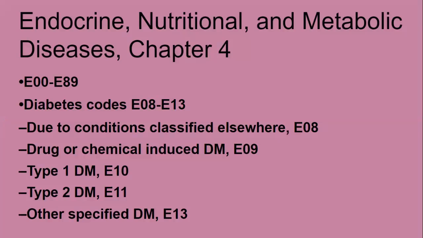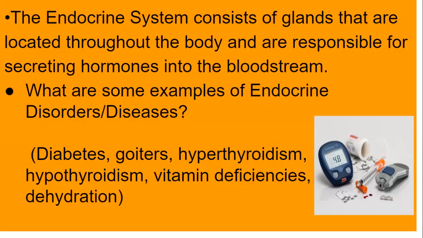Okay, now we're moving into endocrine, nutritional, and metabolic diseases in Chapter 4, E00 through E89. The diabetes codes start with E08 and they go through E13. Type 1 diabetes, I'm skipping through because you guys can read the not elsewhere classified and chemical induced. But type 1 starts with the E10 and type 2 starts with the E11, and other specified diabetes mellitus is E13. The endocrine system consists of glands that are located throughout the body and are responsible for secreting hormones into